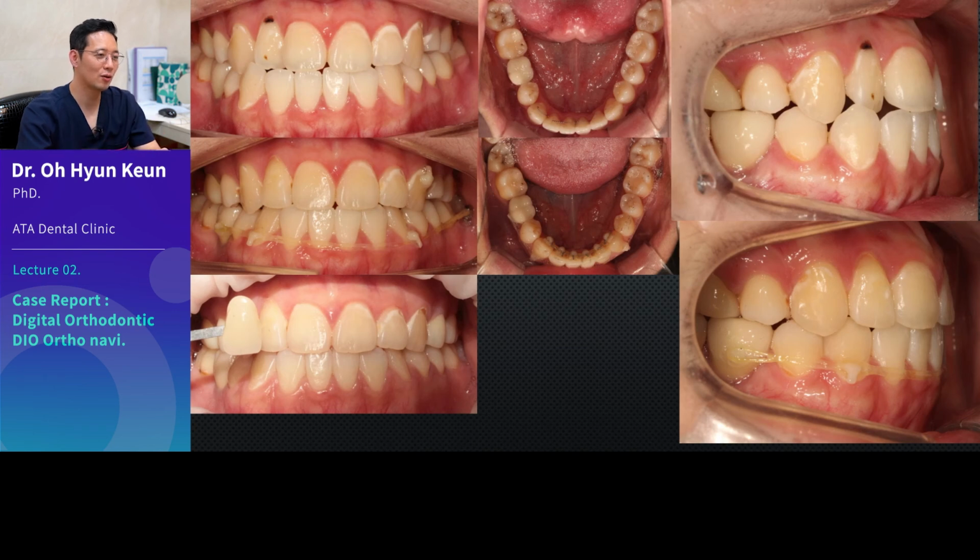In this situation, we need to somehow fix this quickly, so I've placed brackets here, and you can see a mini screw here. And this one is an implant, so it's the same as having 2 mini screws. After I've done alignment, I made more space here by grinding the tooth, then pulled it this way. Of course, I could have put the screw inside, but then it's too uncomfortable. So we put it outside, then the hook goes outside too.